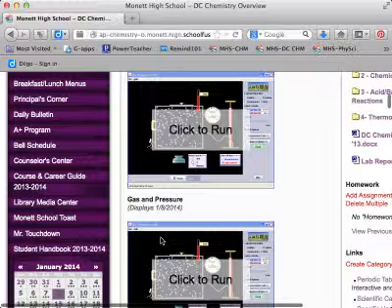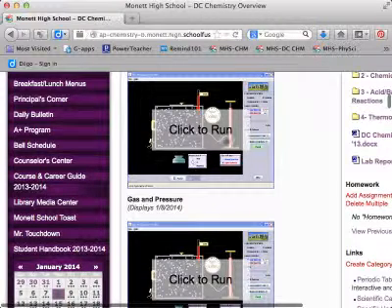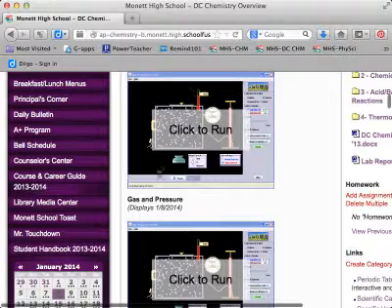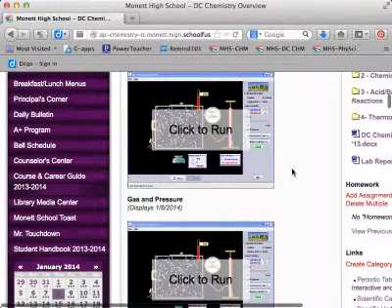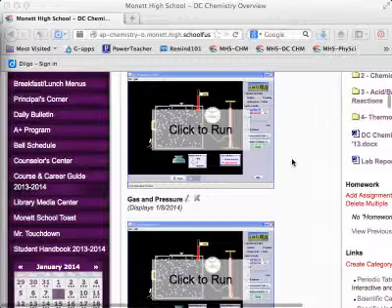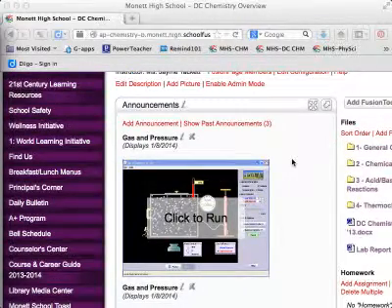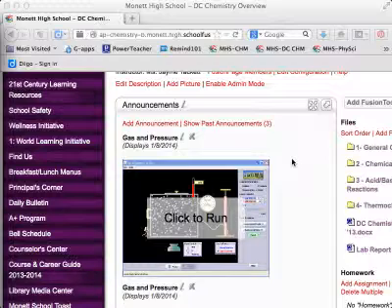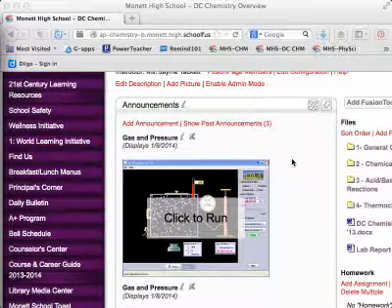So basically, when you go to my website, and it loaded twice because, again, my computer was on break as well, you hit click to run. I'm not going to click it because it'll probably overload my computer right now. And you can adjust the size, the temperature, and the type of molecule. What I want you to do is, first of all, explore a little bit, play around with it, see if you can start to pick up on some trends. And then I have a data table for you to fill out as you explore, and then some questions to